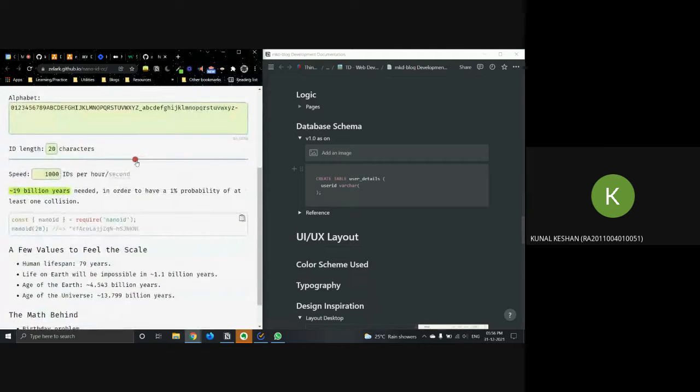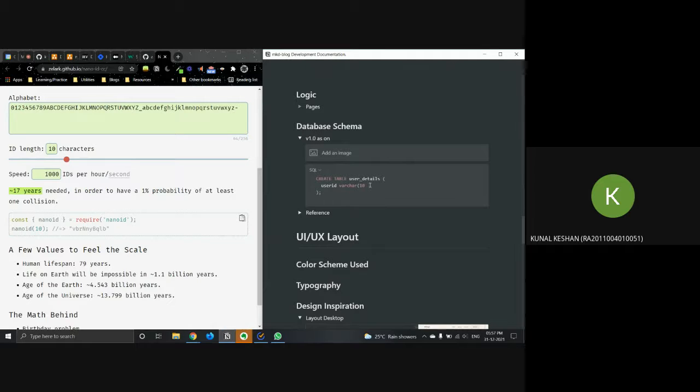If my id is 20 characters, it will take at least 19 billion years for a 1% probability of at least one collision, meaning the probability of getting the same user id again. We don't have to go there, we can just keep it at 10, I guess. Okay, and primary key.